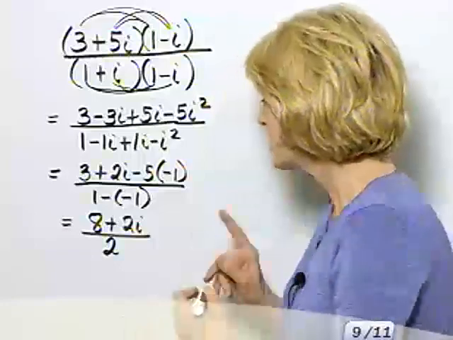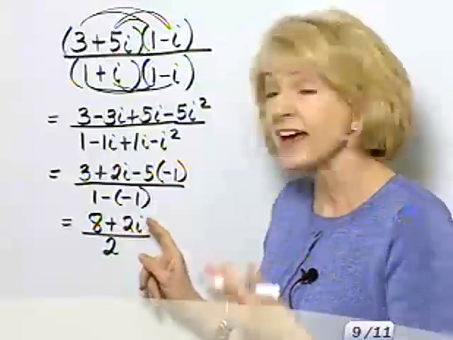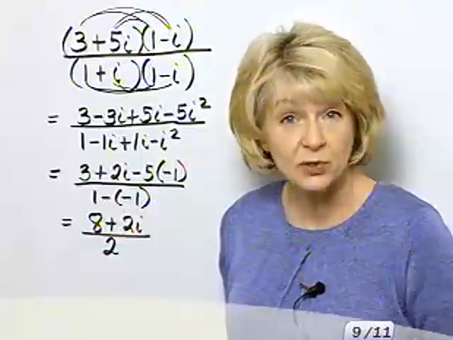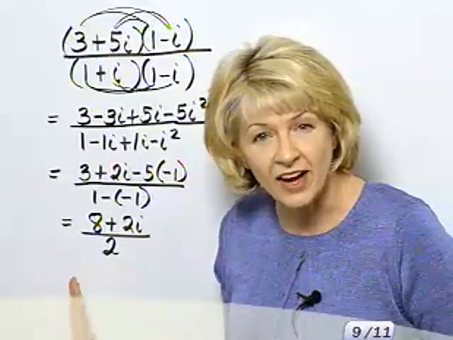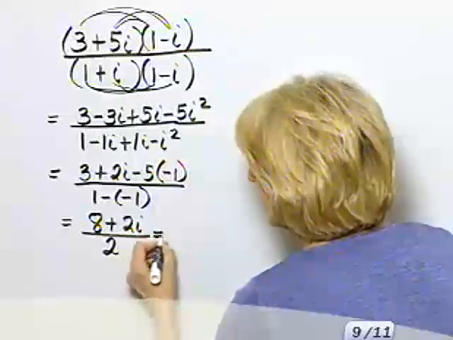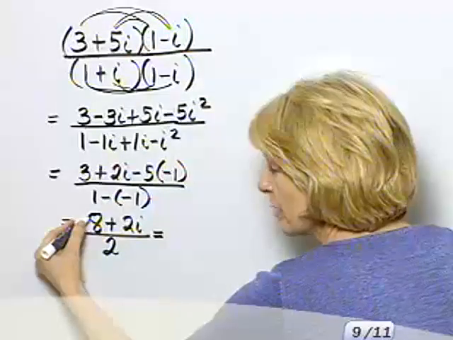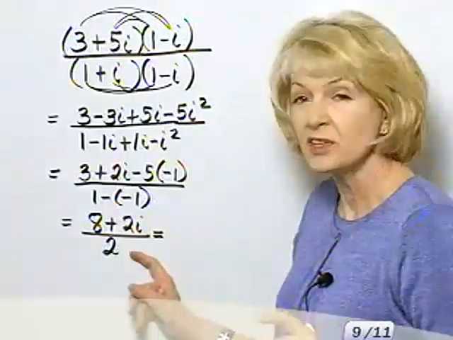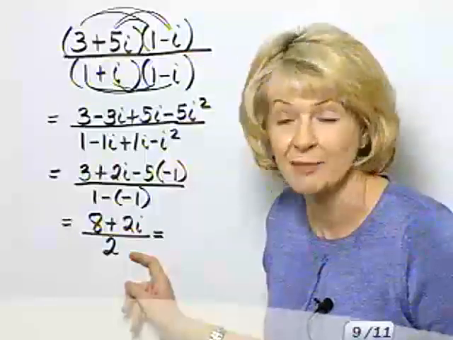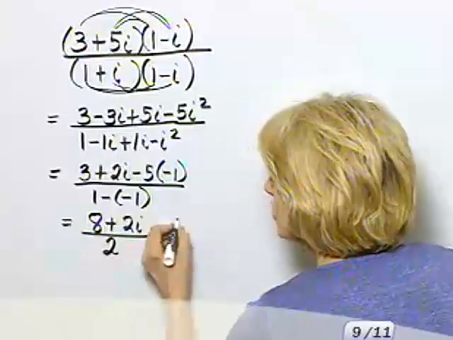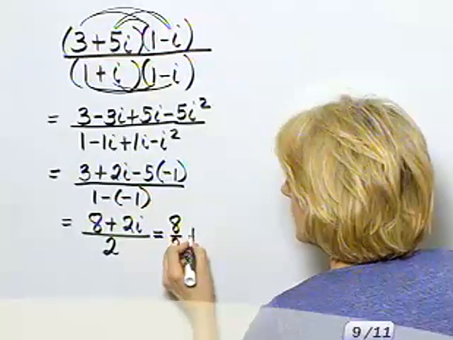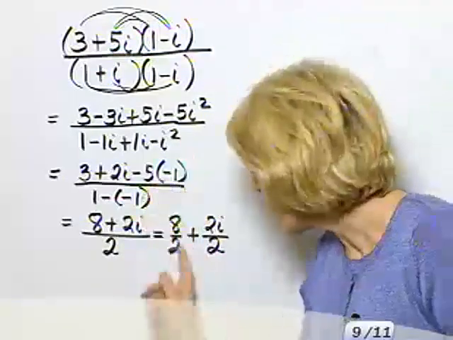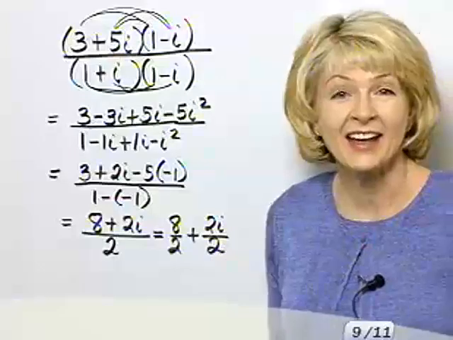What I can do now is the following, and it really depends on you as to how you want to do this. I can factor out a common factor of 2 in the two terms in the numerator, then divide out, or if you'd like, you can take each term in the numerator and write it over that one term in the denominator. And I can do it because there's just one term in the denominator. So it's 8 over 2 plus 2i over 2. That's how we actually write it in the form a plus bi,